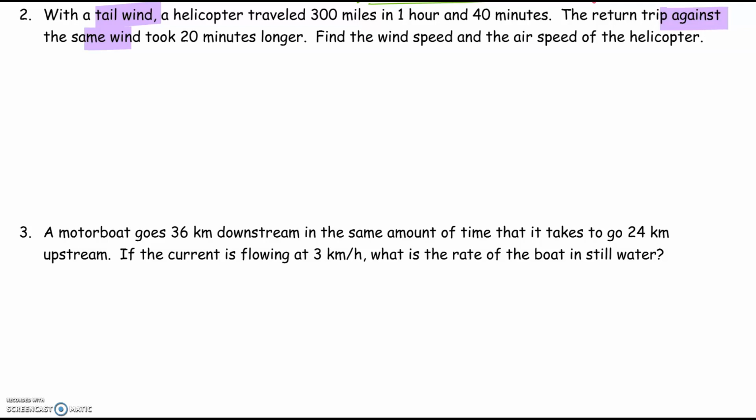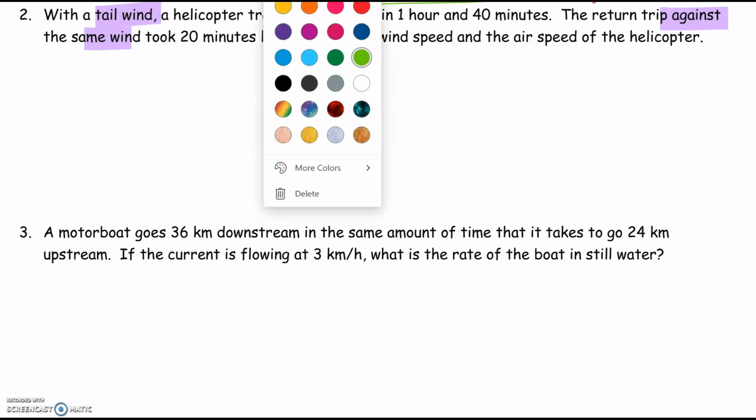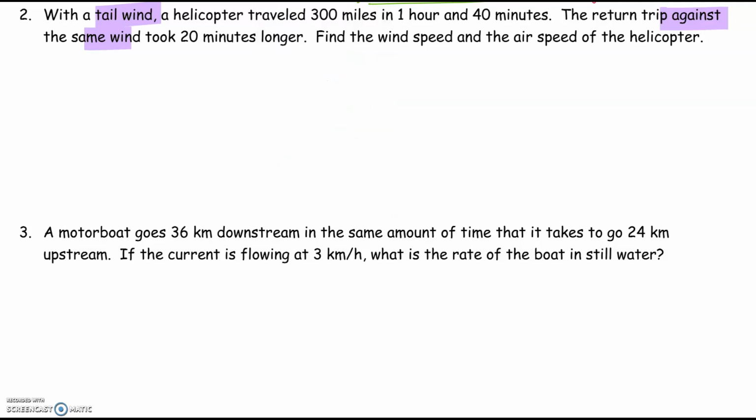Okay, so we're still doing rate times time equals distance. And we're going with the wind and we're going against the wind. When we go with it, our rate is R plus W. When we go against, our rate is R minus W. Okay, now let's talk about our time. I want a little more room here. We know that the time